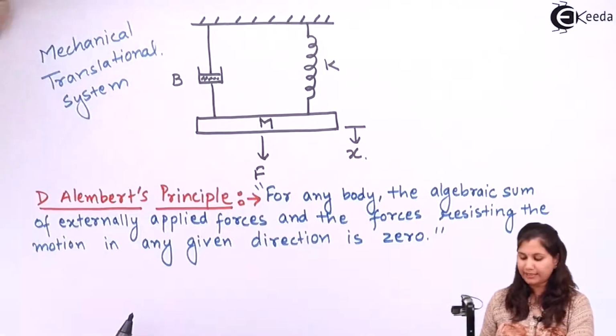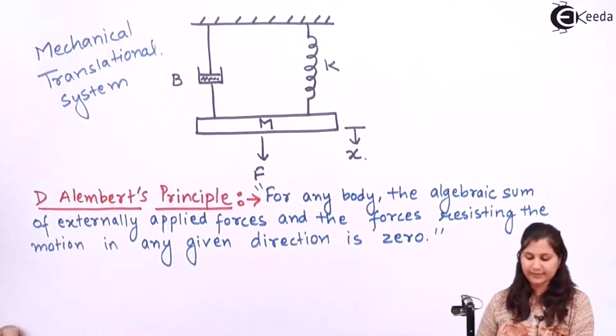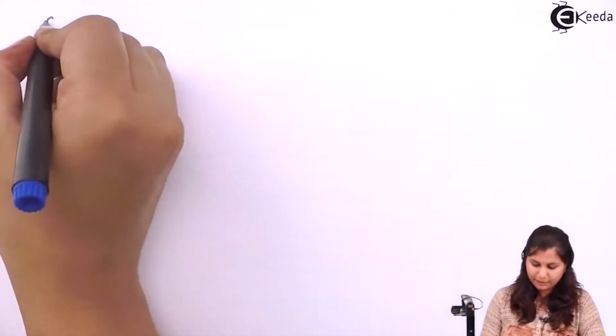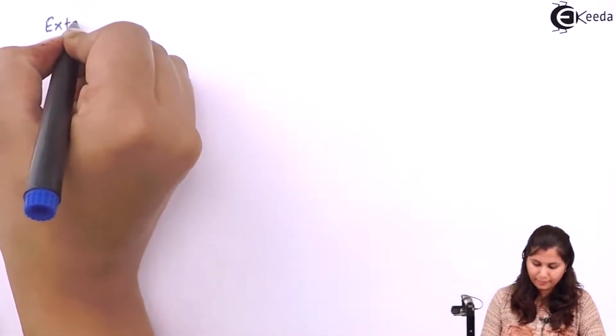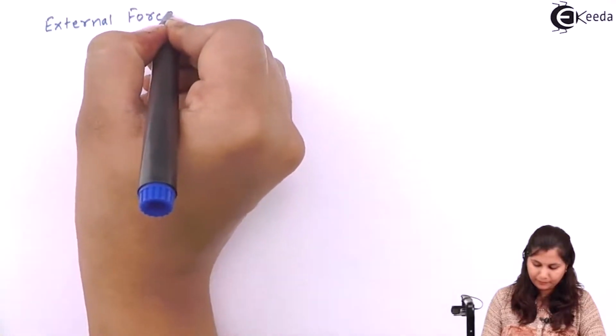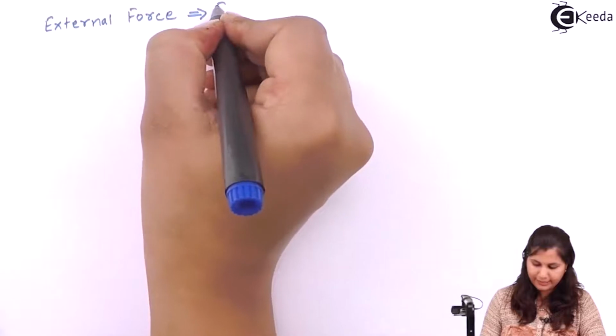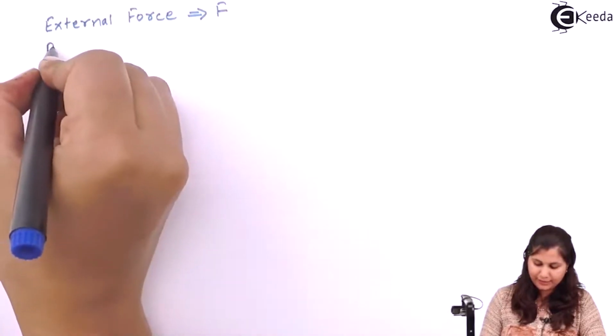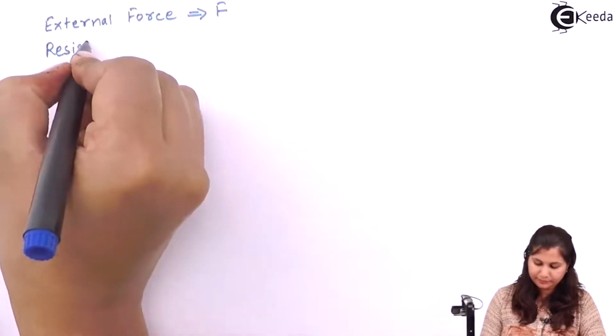So let's write all the forces acting on this system. The first force is the external force acting on it, F, and the resisting forces are